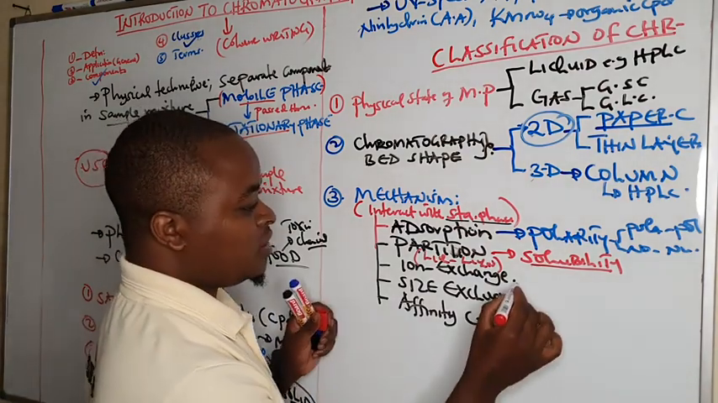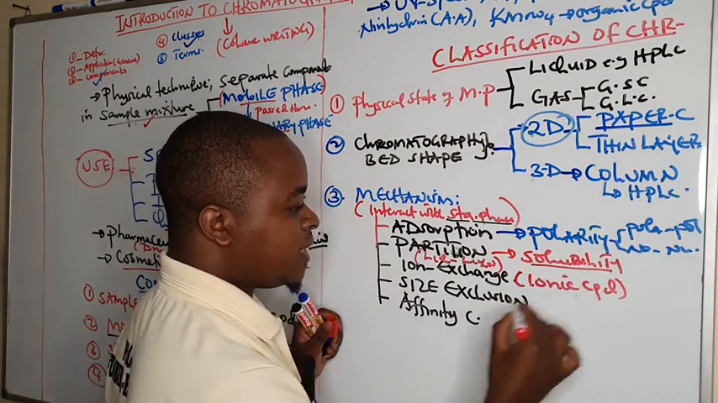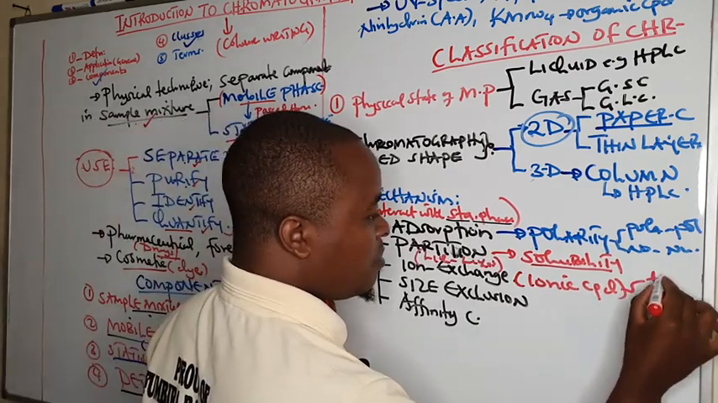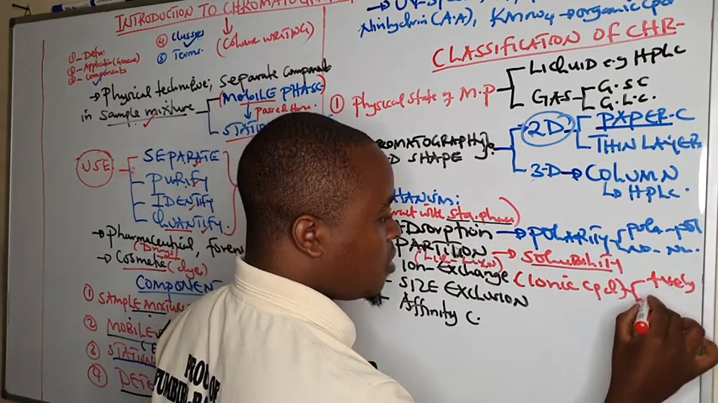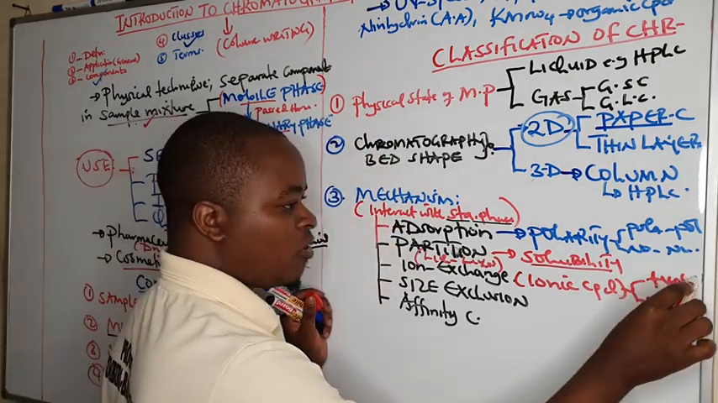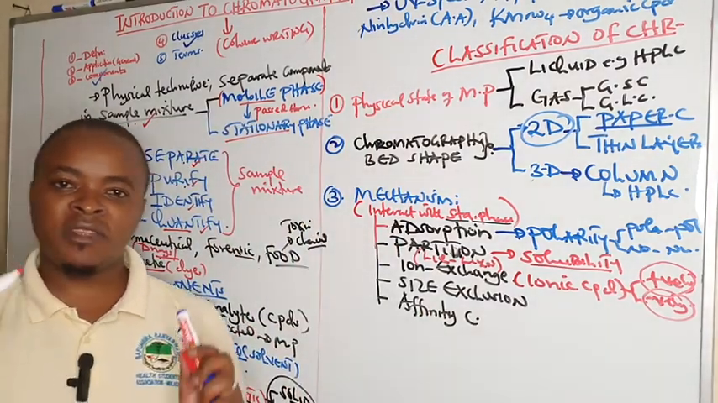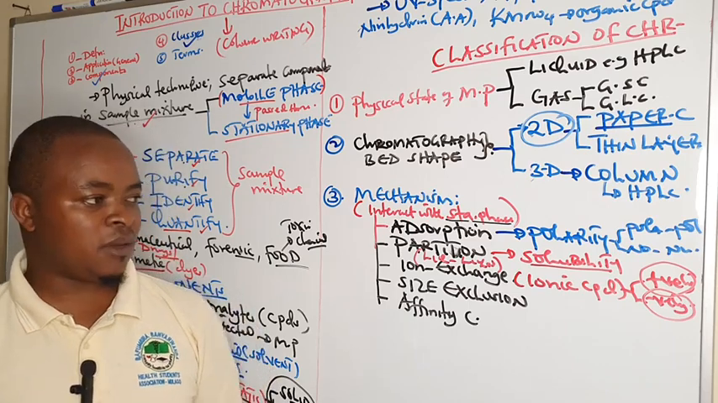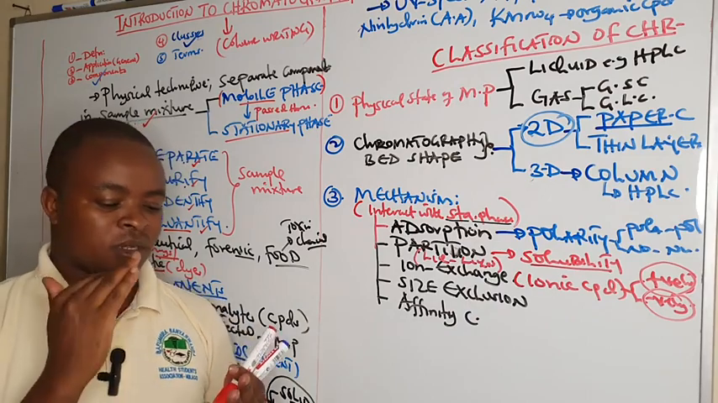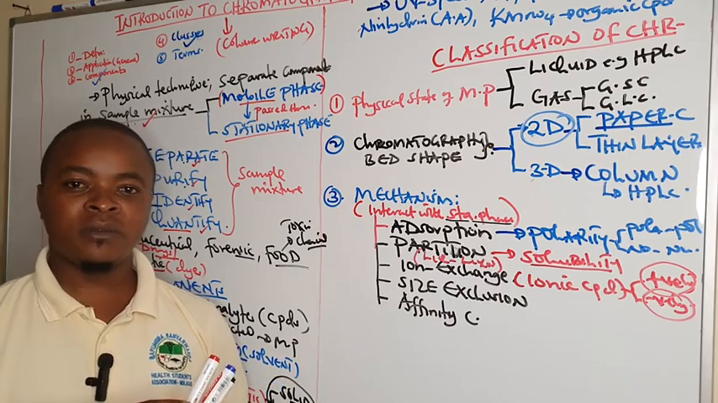Then ion exchange, this is dealing with ionic compounds or ionizable compounds, which can be either positively charged or negatively charged. So we shall be depending on the charge of the stationary phase and the charge of the sample mixture, the analytes in the sample mixture. And hence we can easily see their interaction, and different compounds interact differently, and we are able to separate them